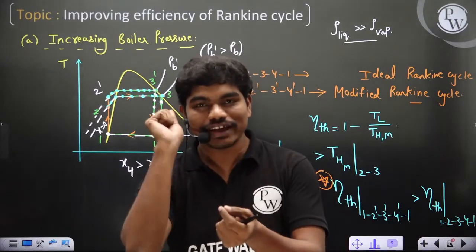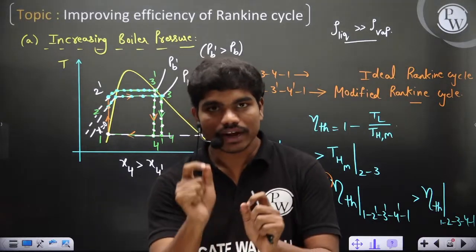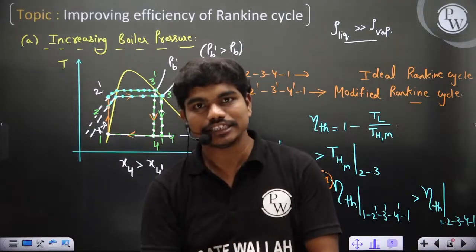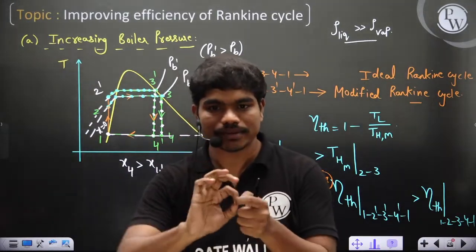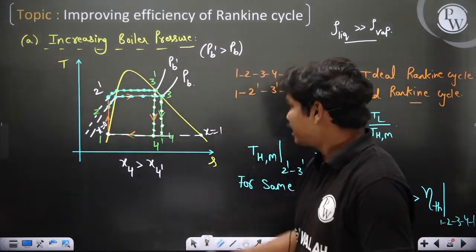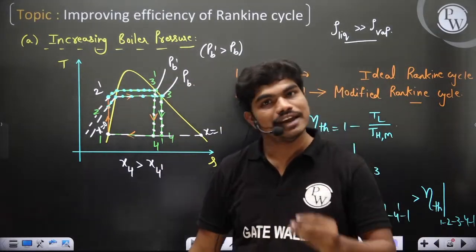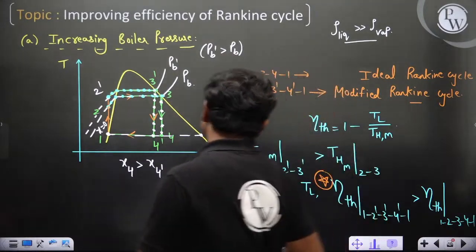If I hit with this steel ball, then definitely you will get hurt more. Correct? In the same way, when high density liquid particles are coming at high velocities and hitting the turbine blades, the material of the turbine blades rips off. So the material of the turbine blades gets eroded. Clear? So that's why this expansion is very dangerous. Understood? So 3 dash to 4 dash will destroy your turbine like anything. Got it? So that's why 3 dash 4 dash